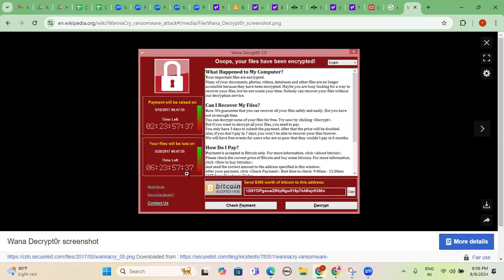This is how blackmailing works. Now he is asking for some money, through Bitcoins or maybe wire transfer. Normally in India we accept UPI, debit card or bank transfers, but in Western countries they accept wire transfer, Western Union and so on.